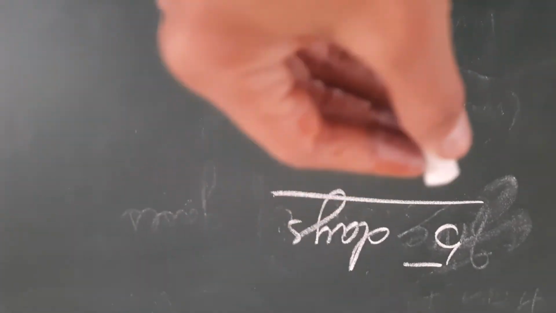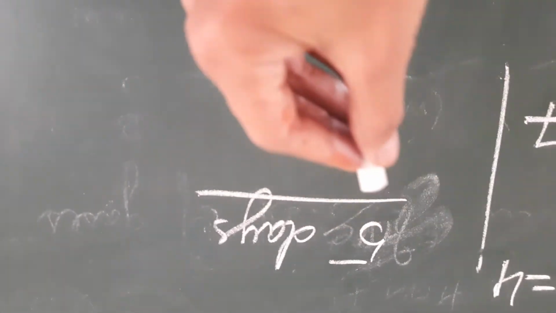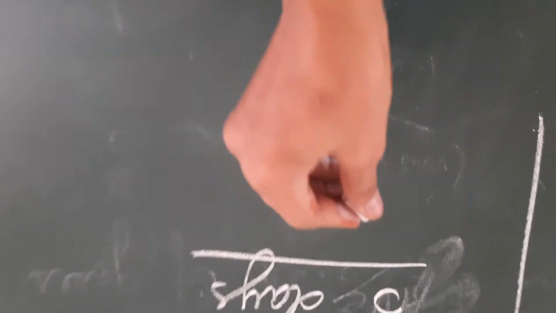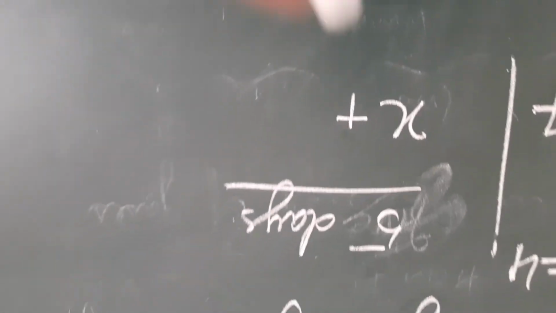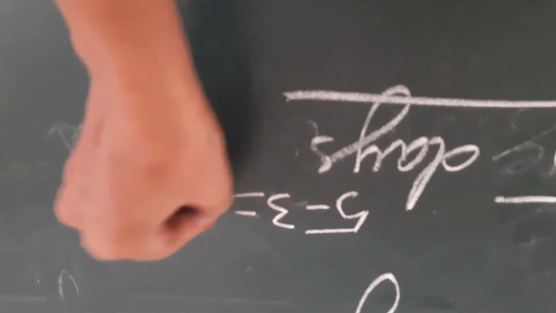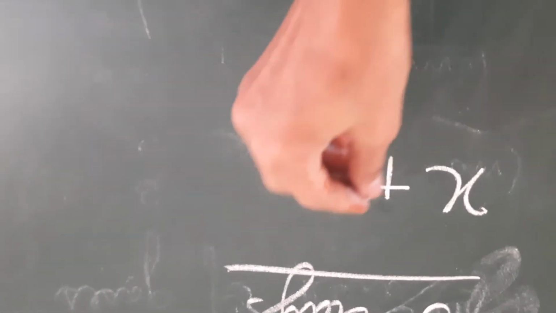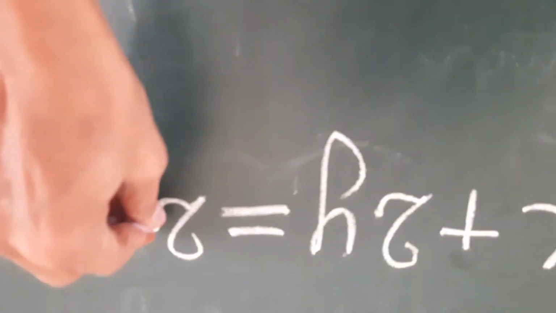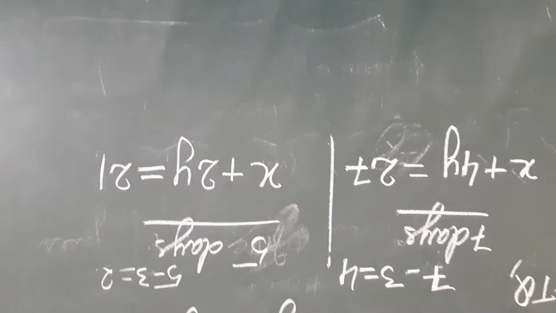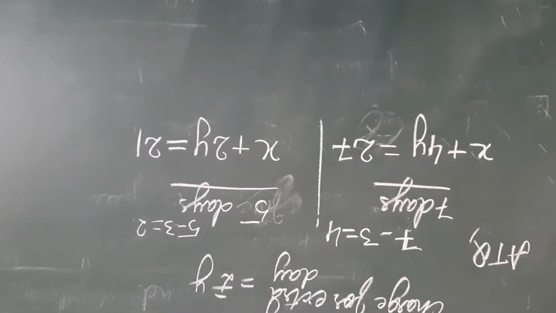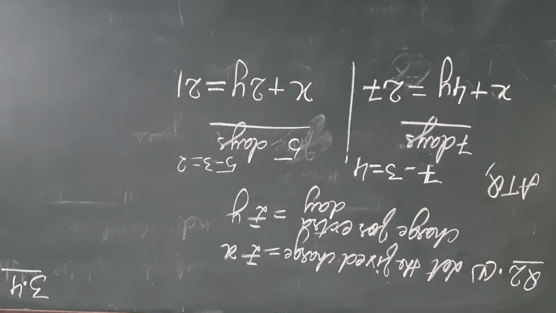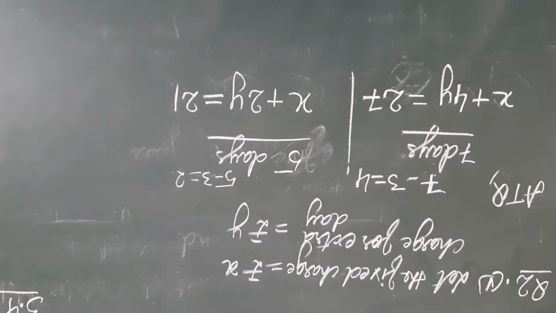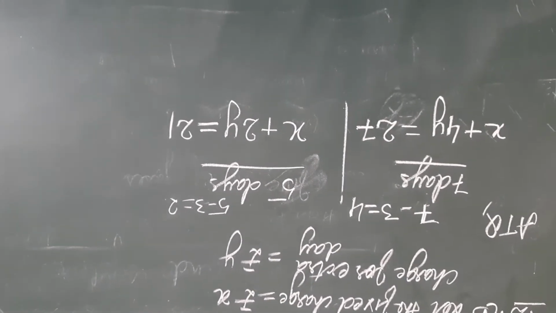In the second case, total 5 days are there. For 5 days, out of 5 days, for the first 3 days, charges are fixed, x plus. Remaining how many days are left? 5 minus 3, 2 days are left. So for them, the charges will be 2y. And Susie paid 21 rupees in total. So dear students, you can solve these equations by elimination method, right? So just solve them and get the answer of x and y.